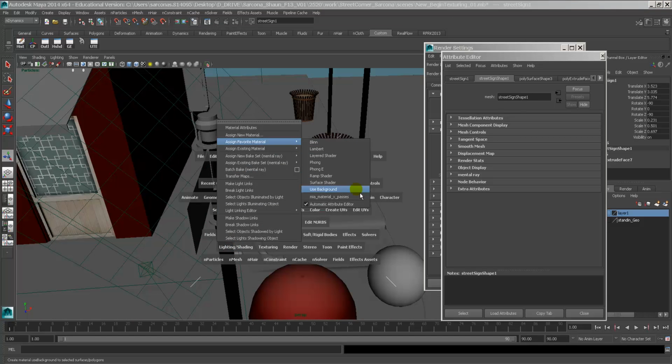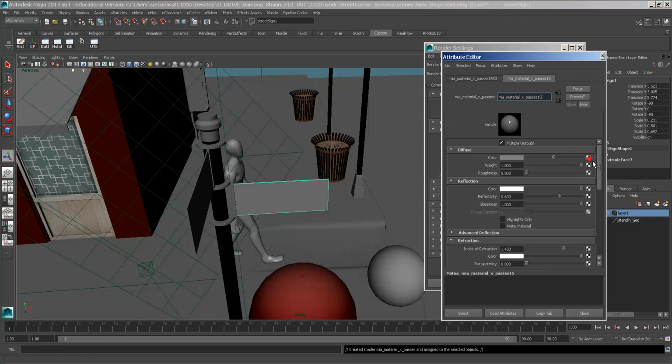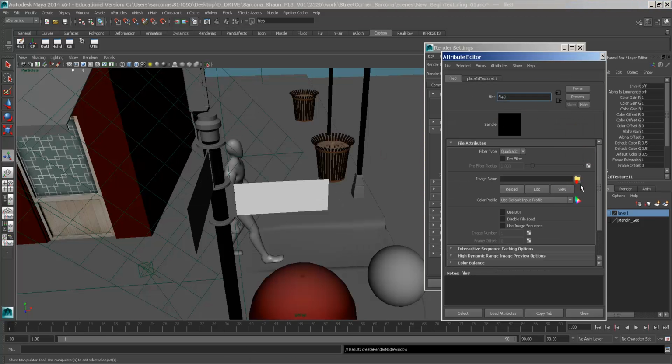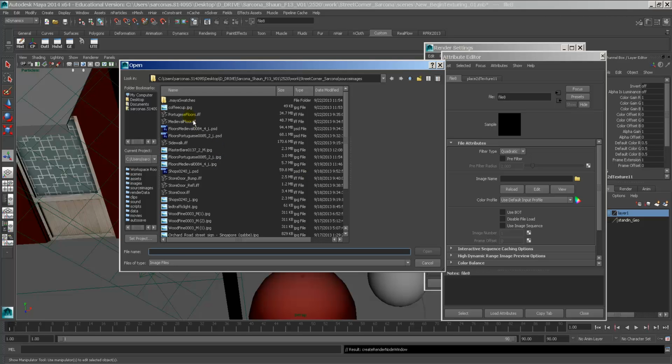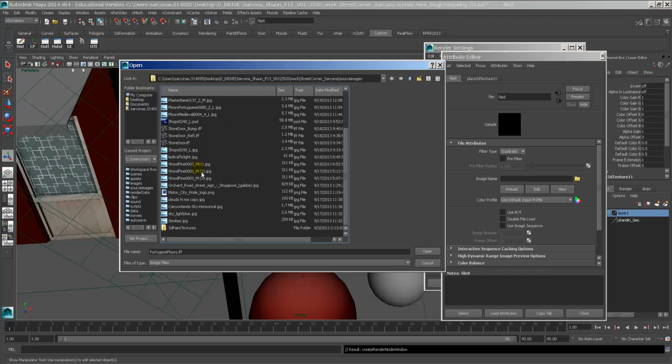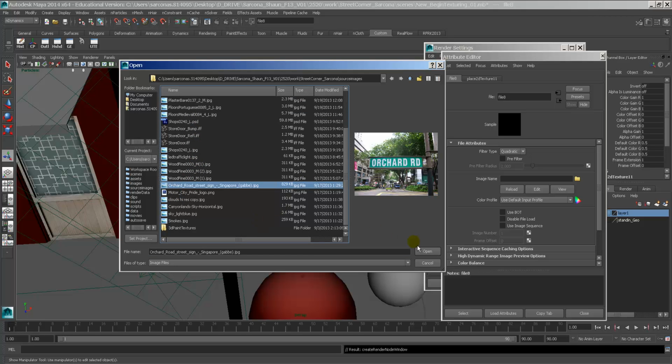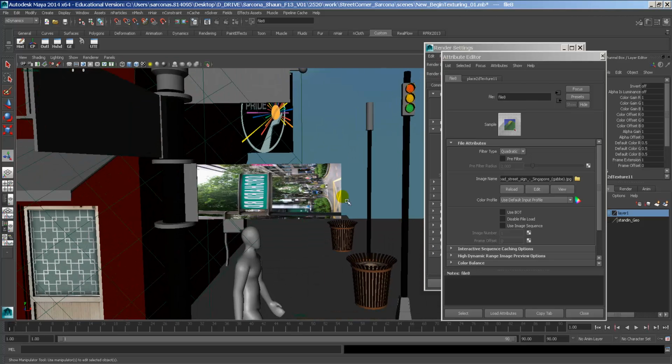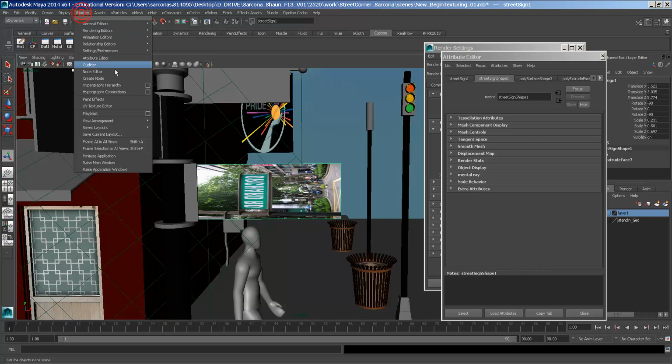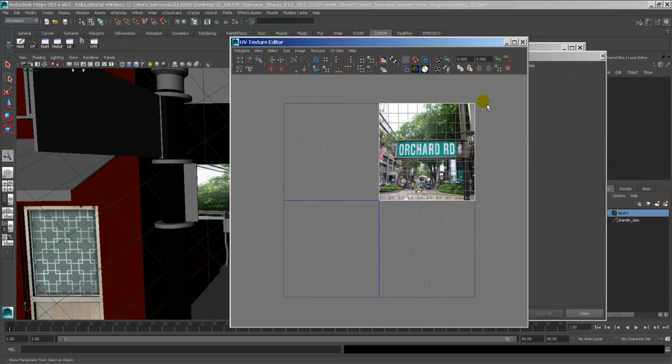These signs, Mia material. I'm not even going to name it because I don't care about this file. I'm not even going to use it anymore after this one. Street signs. I have street signs somewhere. Here it is, Orchard Road. Eventually I'm going to want to come in and make my own street signs, but as far as a placeholder for this thing,